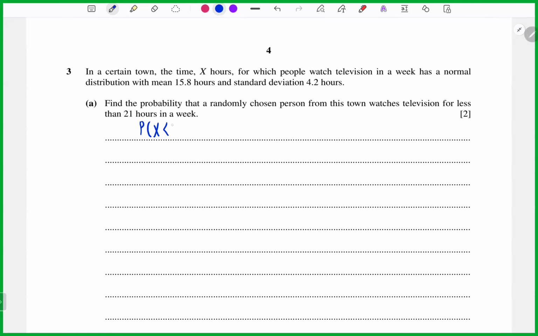So it's less than 21 per week, right? So now we need to change to standard normal. So you can write here Z equals 21 minus 15.8 divided by 4.2. So you will get P(Z less than